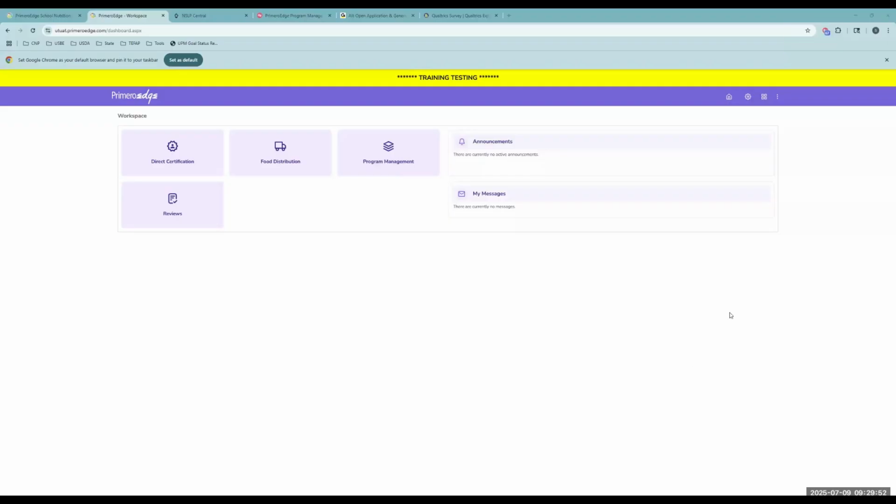Okay. So when you log into PrimeroEdge, this is what it looks like. I am currently in the testing system because I don't want to make any changes to any of your applications in the live system. So yours will look a little bit different since you are all in our live system. You won't have that yellow banner at the top. But this is what PrimeroEdge